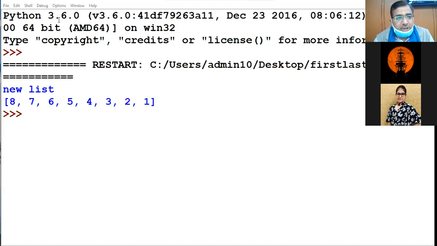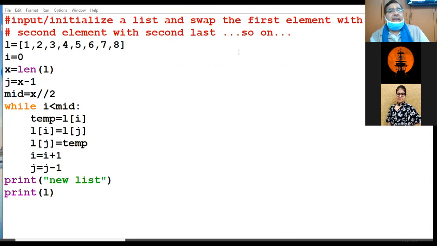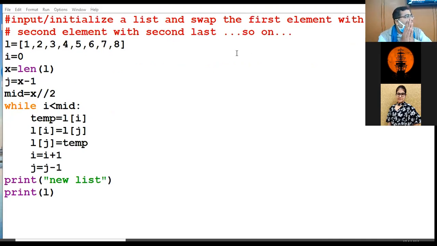I will again show the logic to you people. Once again, I repeat the logic because in the next question, I will make one change in the existing coding. Right now, it is a very simple logic that I am to swap the first element with the last, second with the second last, third with the third last.